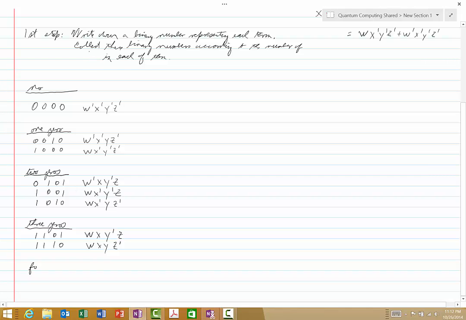You're collecting these numbers according not to the number of zeros, but according to the number of ones. So no ones, and then 1, 2 ones, 3 ones, and then we write down finally